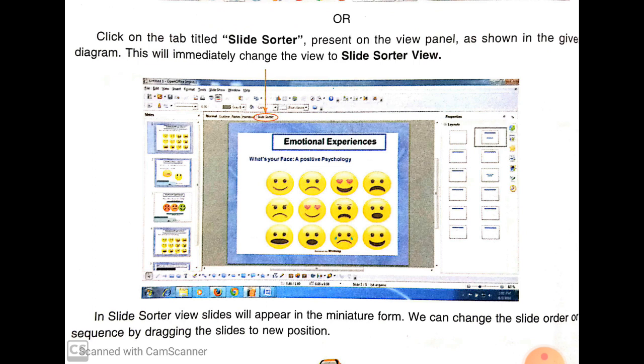Or in another way, click on the tab titled Slide Sorter present on the view panel as shown in the given diagram. This will immediately change the view to slide sorter view.